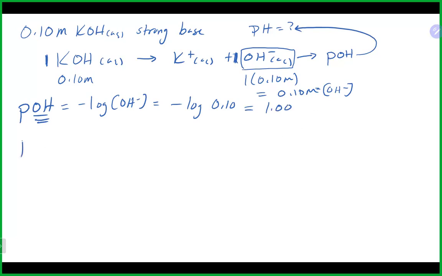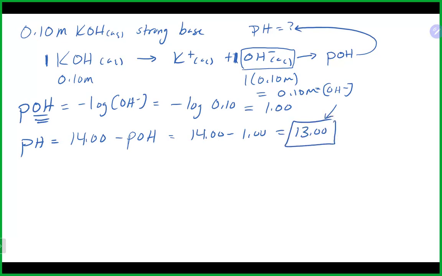We can then get to our pH value by taking 14 minus our pOH, and that would get us 14 minus 1 here to give us a pH of 13. That definitely is basic, which is what we would expect since this is a strong base. We would expect, obviously, a basic pH here. Question on that there? Okay, so I think what we're going to do is